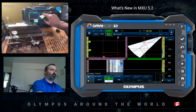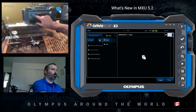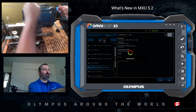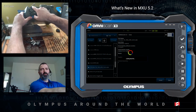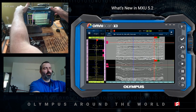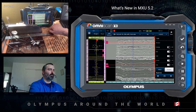Aside from phased array, we also have some benefits on the TOFD. So instead of going live with TOFD, I have a data file pre-populated. So I don't know how clear you can see, but prior to the 5.2 software, only one dedicated UT channel was activated. Now both are. This means that you get the benefit from two dedicated UT channels with UT pulsers, voltage, filters, all providing the best possible signal. So going back to single,